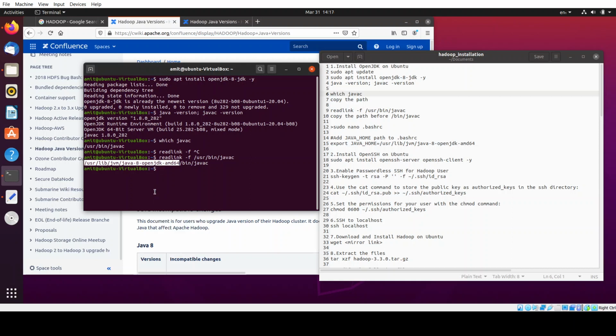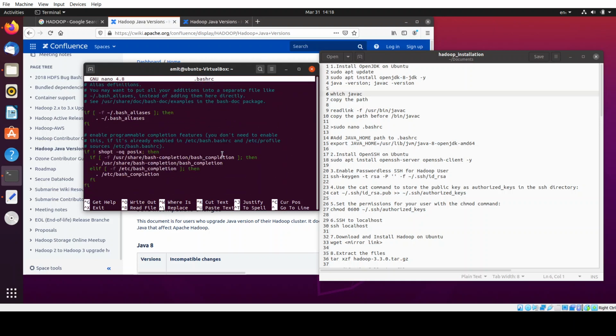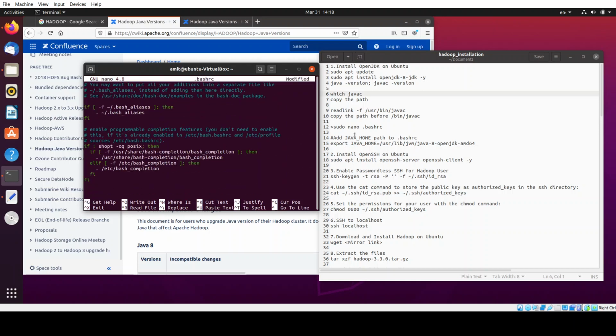Now sudo nano .bashrc. We will open this .bashrc file. You can use any other editor as well, whatever you like. On the last line, we need to add the JAVA_HOME path to the .bashrc file.